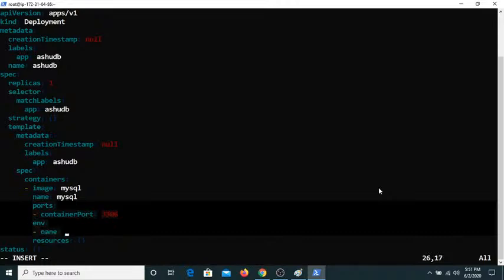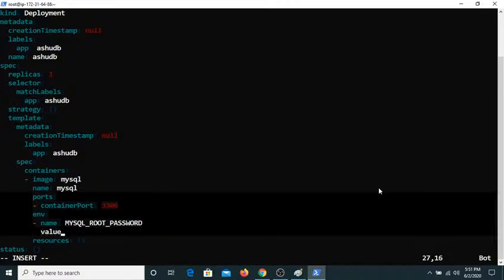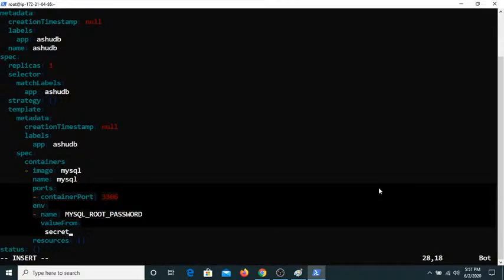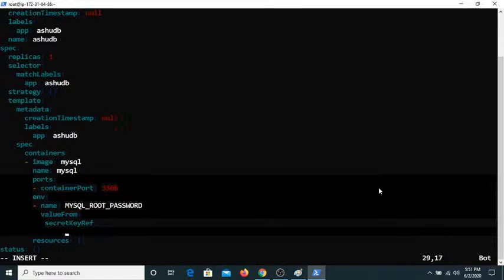Here you have to give the same variable that MySQL already has. So MYSQL_ROOT_PASSWORD, and then valueFrom keyword. I hope you remember that it was secretKeyRef, secret key reference. And under secret key reference, I have to write the name of the secret, let's say DBINF,